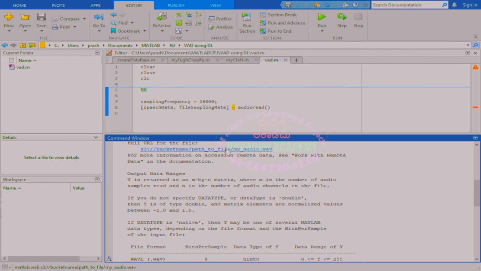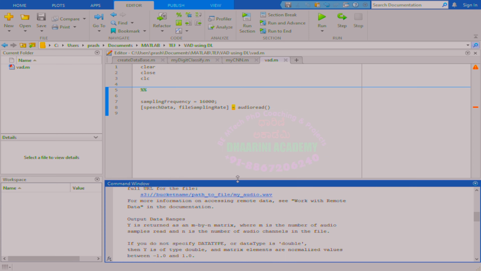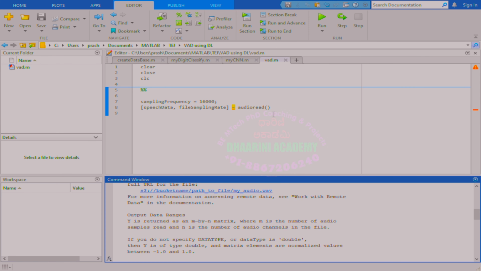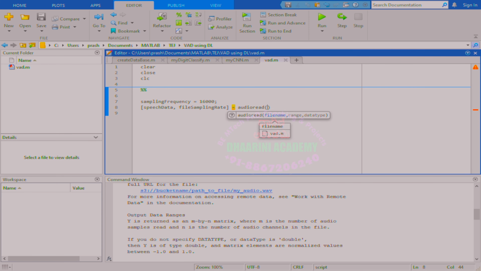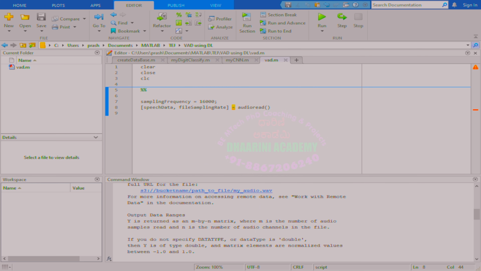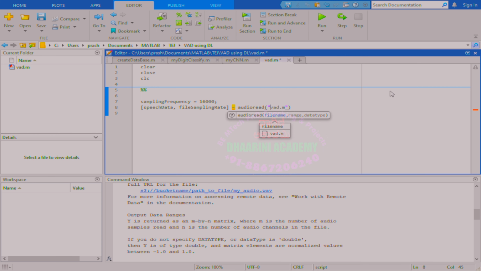So these are the options we have. I'm going to use the same command to read this audio from a specific file. So audioread. All right, so this is the file,